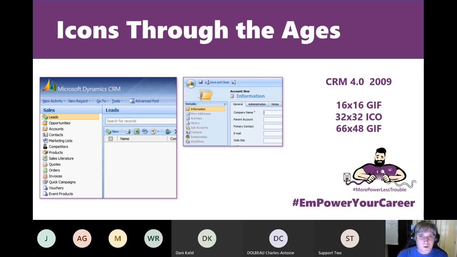And I just thought I'd go through the icon use through the ages. I'm doing this for two reasons. One, because I like a trip down nostalgia lane. I like to see how Dynamics CRM, the product I started working with, has evolved into Power Apps, but also